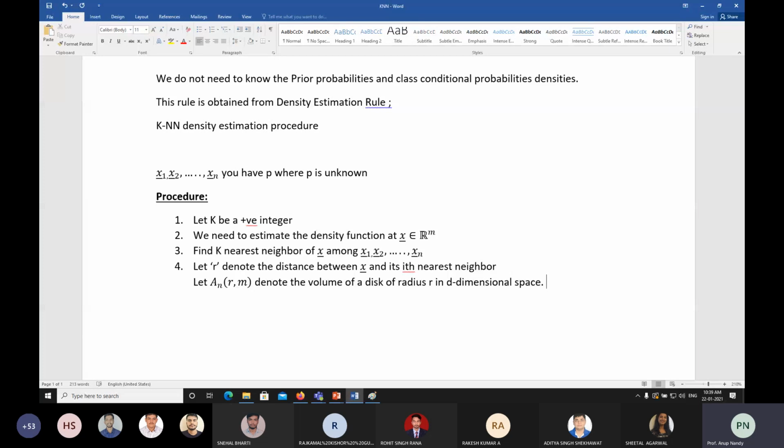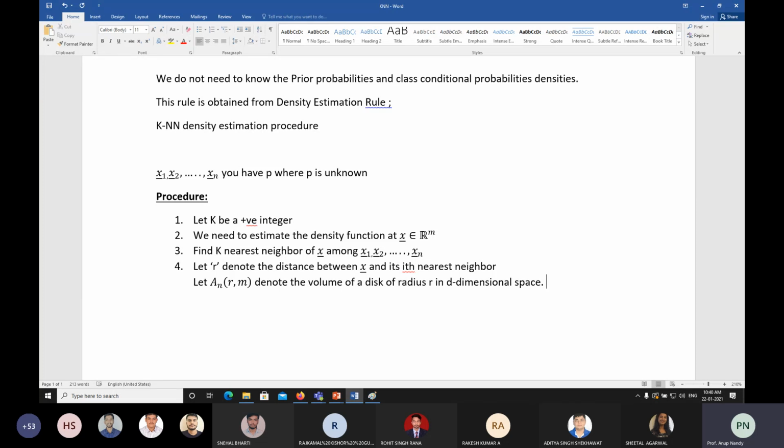So you may write n, or you may not write it. If you write n, it means that k is a function of n. It means that out of the n points you are going to have the k points. So that is why this k is a function of n. Okay. So now you have already seen the formula, density is equal to k by n, mass by volume, v. So this is v. So it is denoted by A(r, n).